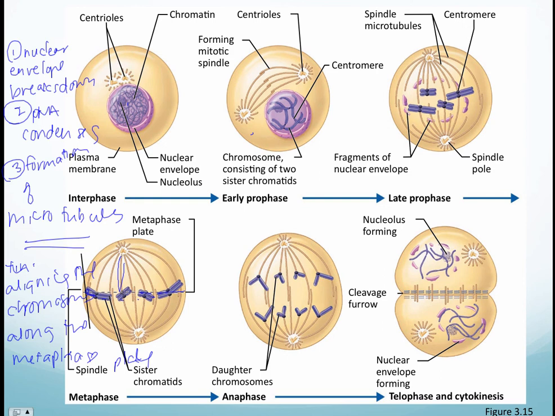So this microtubule is going to attach on one side of the sister chromatid. The other one is going to attach to the other side of the sister chromatid. And this is what metaphase is. So metaphase is aligning all of these chromosomes along this midline, and also attaching these microtubules to the center of that. Now the next phase is going to be anaphase, and anaphase deals with pulling